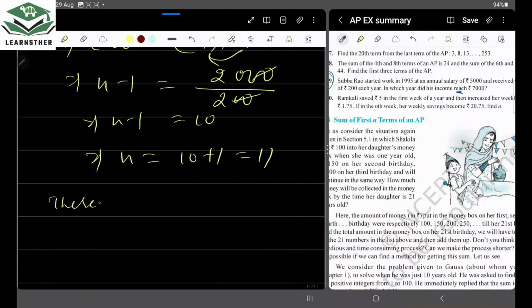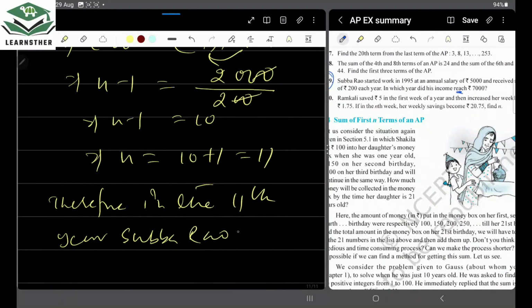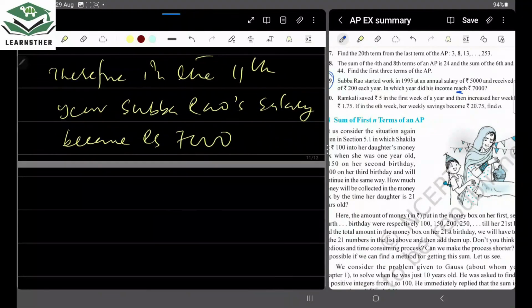Therefore, in the 11th year, Subbarao's salary became rupees 7,000. That is